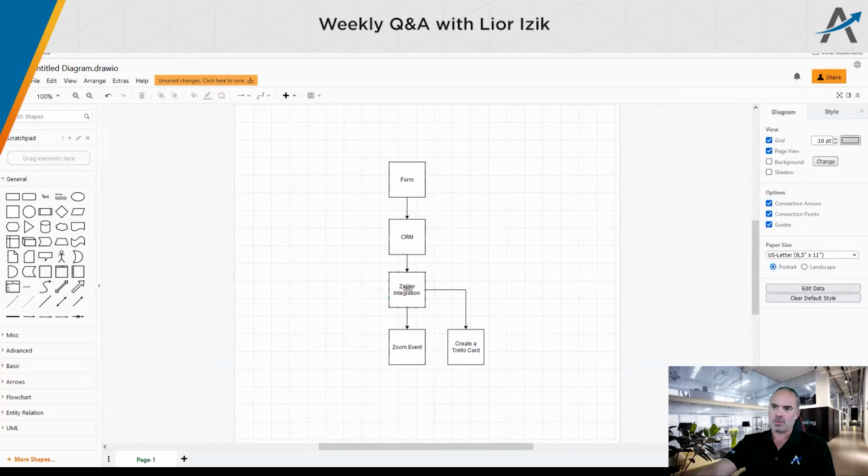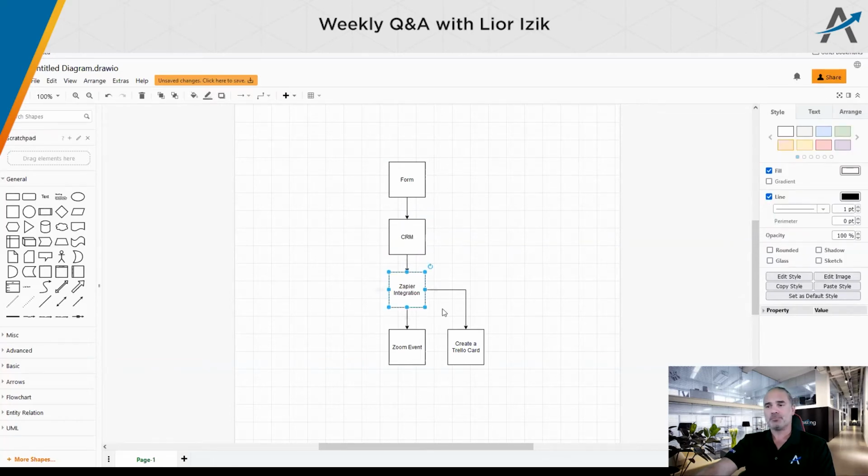Do you know what Zapier is? I know Zapier. Okay. In Zapier, you have the trigger, what will start the process. In this case, the trigger will be a new Zoho Form submission or a new Zoho CRM record creation with the criteria of the form.